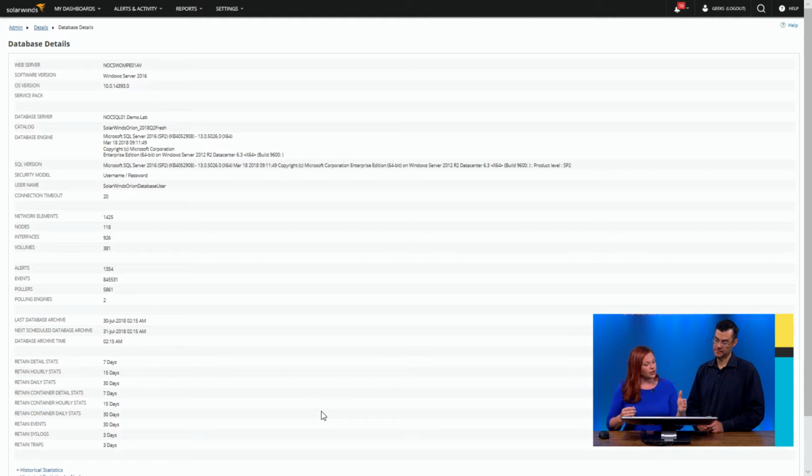So we can go to the database details, and it'll even tell you where it's located. It'll tell you the server it's on, what version it has, and the username and password setup. It's not a Windows account that's going across there. The username itself doesn't tell you the password. And then it tells you things that I like: connection timeout. The reason is that as a network and infrastructure person, you want to make sure it's allotted enough time for where you're going.